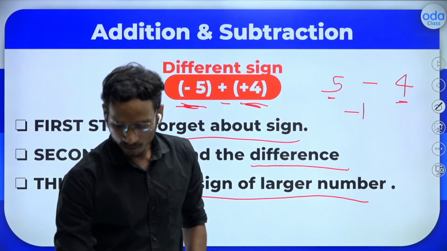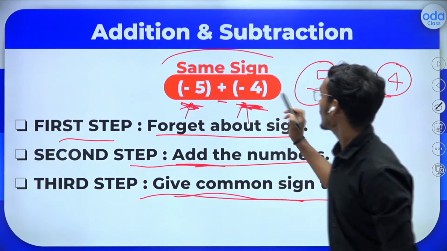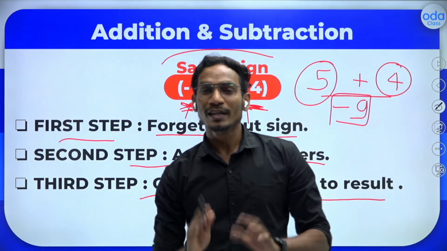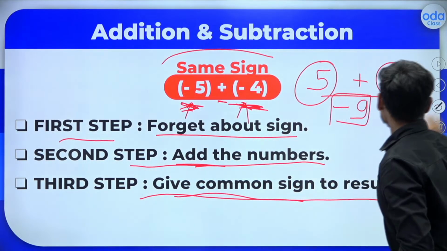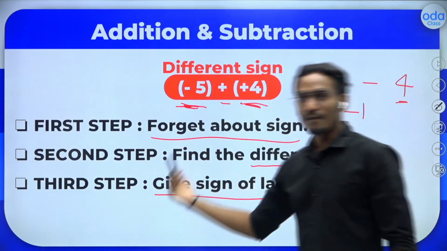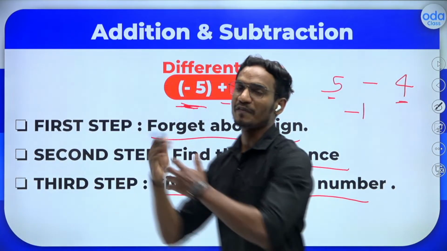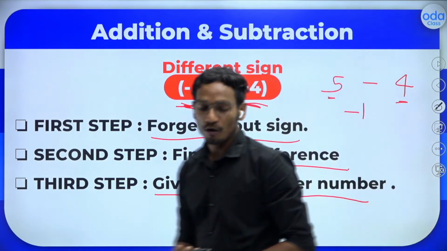एक बार वापस से बता देता हूं, when we have same signs, forget about the sign, then you have to do the addition and then you have to give the common sign। And in the next case, if you see, when we have different signs, in that case what we do, we forget about the sign, we find their difference and we give the sign of the larger number।